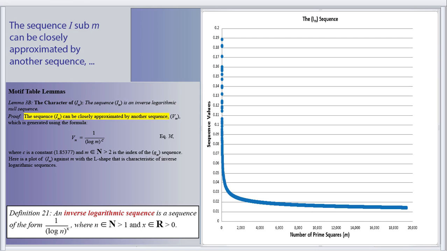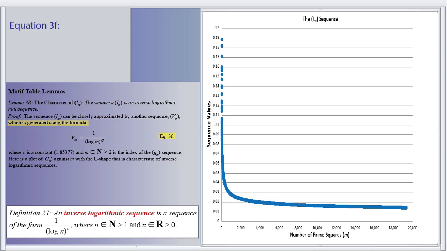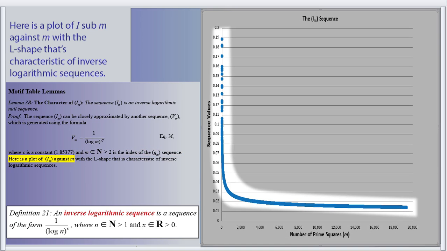Proof. The sequence I sub m can be closely approximated by another sequence, v sub m, which is generated using the formula, equation 3f. v sub m equals 1 over the log of m, the quantity, raised to the c power, where c is a constant, 1.85377, and m, a member of the set of natural numbers greater than 2, is the index of the q sub m sequence. Here is a plot of I sub m against m with the L shape that's characteristic of